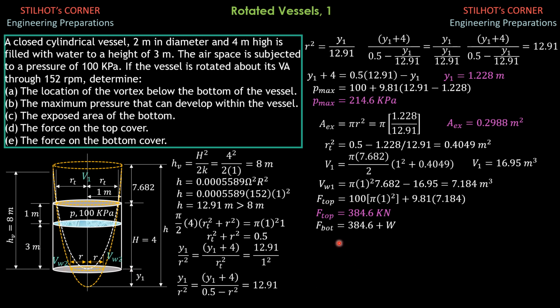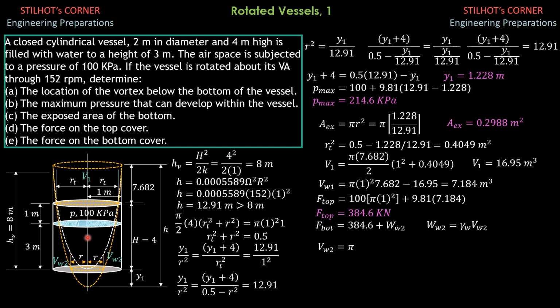So the force at the bottom equals 384.6 plus the weight of water above the bottom and inside the tank, weight of water sub 2, and this is 9.81 times volume of water 2, so gamma of water times volume of water 2. That volume of water 2 is expected to be 3 pi cubic units, as mentioned earlier, the original volume of water inside the tank. But I'll show you that it is 3 pi